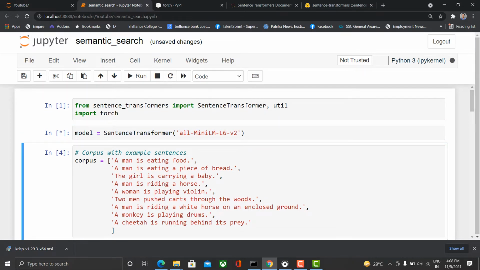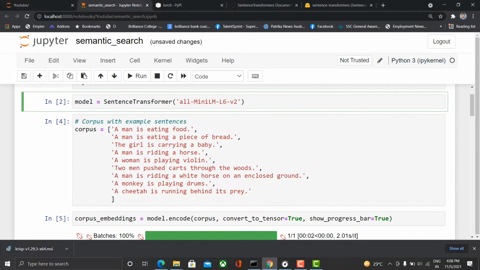Once we run this code, if you are doing it for the first time, it will take some time, because this process will download approximately 1 GB of data to your local system. Because I have already downloaded it earlier, it will not take that much time. It will initialize in a few seconds or a few minutes. So you can see the model has been initialized in our local Jupyter.